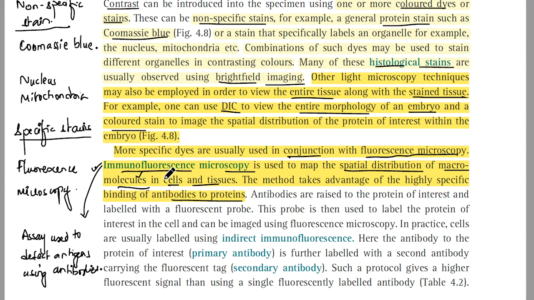You already know. What is fluorescence? If you don't know, it is a property present in certain dyes which absorb light at a particular wavelength. Say for example, they absorb ultraviolet light and emit it at a different wavelength, say for example visible light. All the time it's not visible light, but say it is emitting in the visible light,